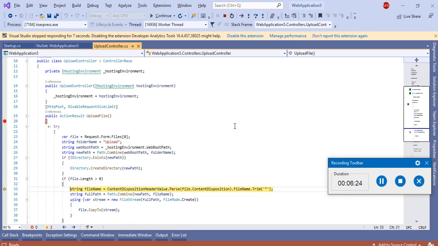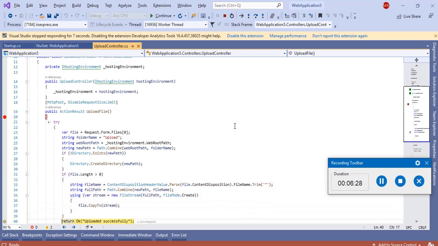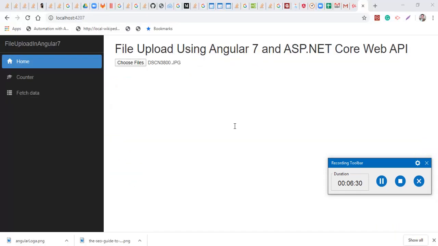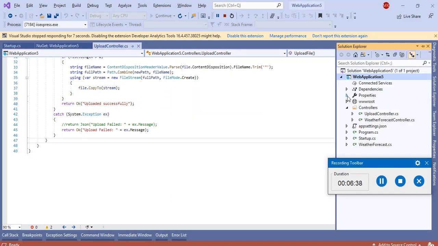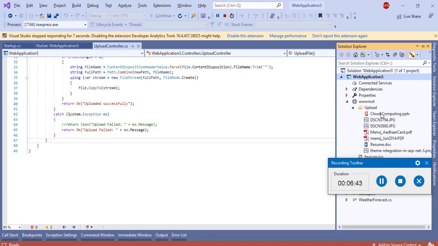And here the file is uploaded, and I will show you this file in my particular folder. The file is uploaded here from the front end, and on the back end you can see that in the web root folder, here is the file. I uploaded this file, so you can see this.